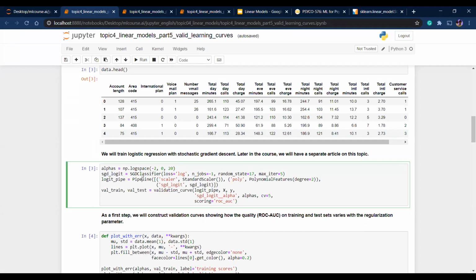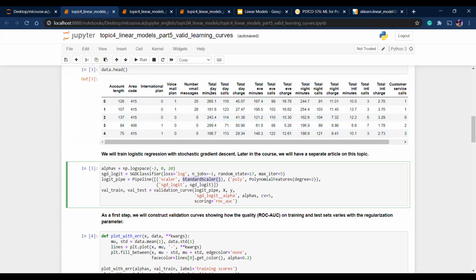And again, we create a pipeline just to make things easier and reduce the amount of code that we write. Initially we'll scale the data. What the standard scaler class does is it takes each value in the data set and subtracts the mean from that value, so you have unit variance. All the values in the data set have the same scale. And this is important because